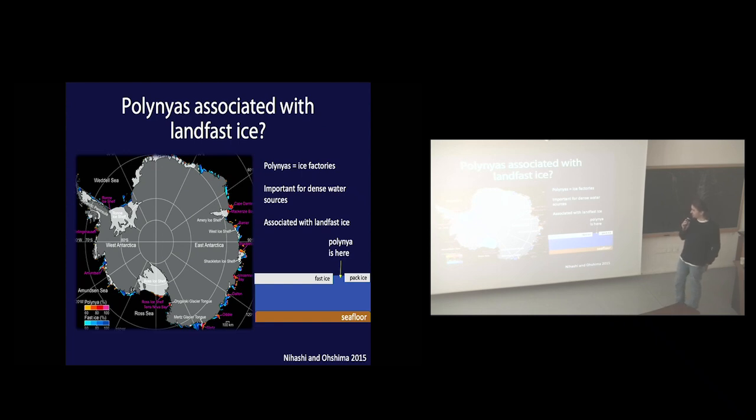And both Polynia and fast ice can be detected by remote sensing, and we have like 20 years of time series now, and so that would be a climatology map. That's the Japanese version of it, and I think there is an Australian version of it that is also very close. And so the hypothesis raised in this paper is that there is an association between both,